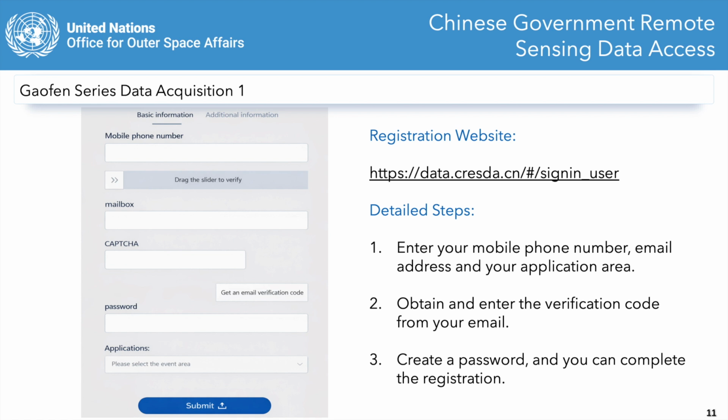During registration, you need to enter your mobile phone number and email address, and then complete the verification process. The Gaofen series is one of the most widely used and comprehensive remote sensing satellite datasets in China. It includes multiple satellites, such as GF1, GF2, and GF6, each designed for different observation tasks and application scenarios. These satellites support a wide range of applications, including vegetation monitoring, agricultural assessment, urban management, land resource investigation, and disaster